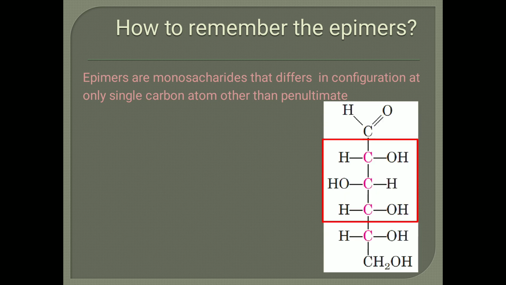Okay. So we will be considering only this particular thing after removing the non-considerable carbons, that is the functional group carbon, penultimate carbon, and ultimate carbon. So what is happening? What is the difference among these three? So let us consider one question to check how to remember the epimers. Mannose is the epimer of dash, epimer of glucose. The question is, which carbon has the difference?